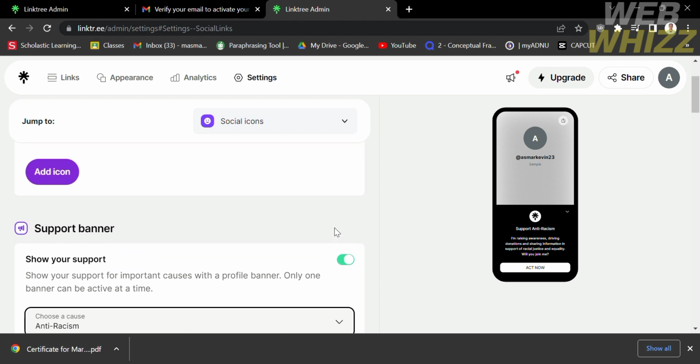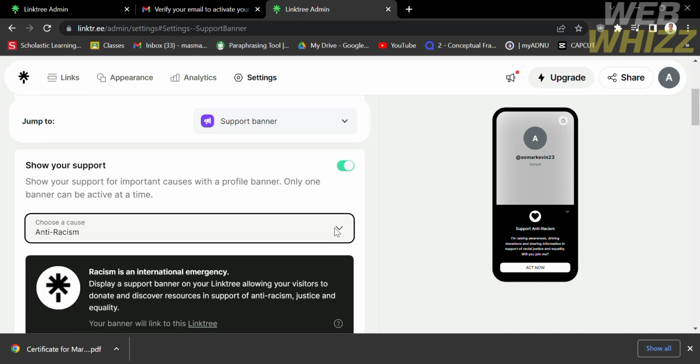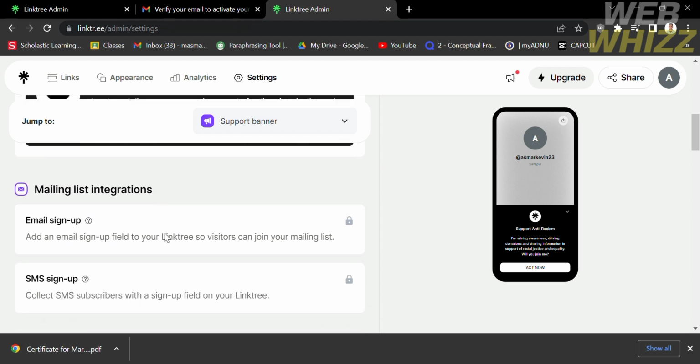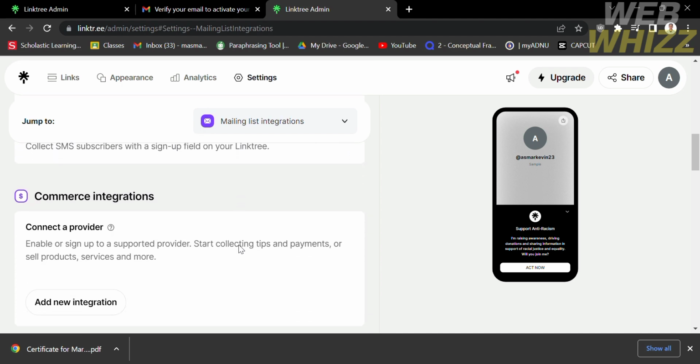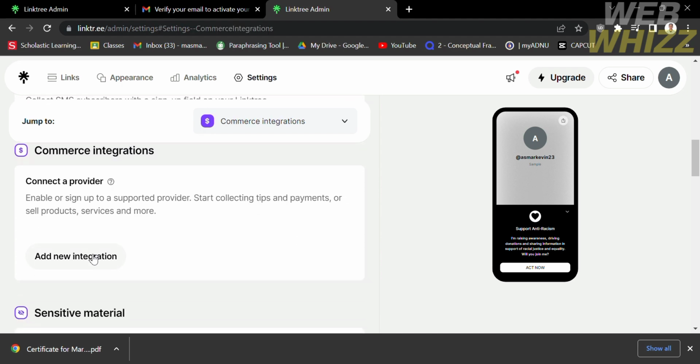While below support banner, you will also see the mailing list integrations, in which you may add an email sign-up field to your Linktree so visitors can join your mailing list. While the other one is the commerce integrations, from which you can start collecting tips and payments or sell products, services, and many more by just proceeding by